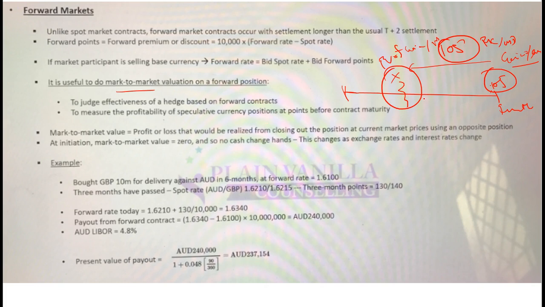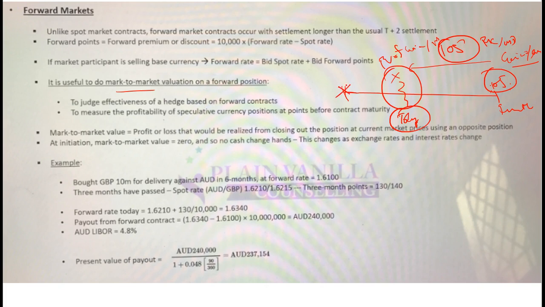That is calculating the value of a forward contract as of today. How do you do this? You estimate, or forecast, the gain or loss at expiry and calculate the present value of that gain or loss. And you discount it using the risk-free rate. Why? Because derivative discounting is done using risk-free rates.